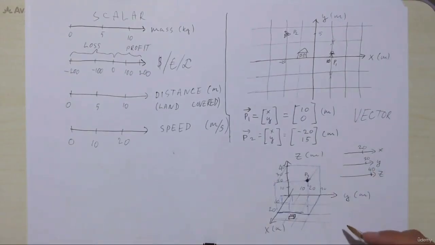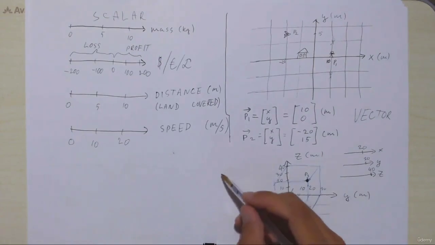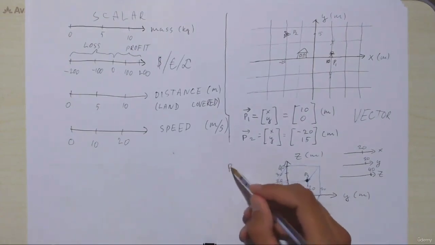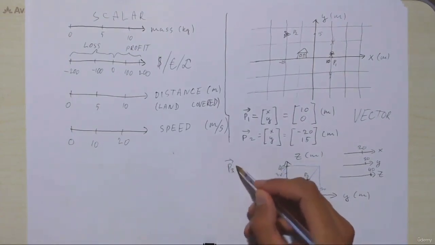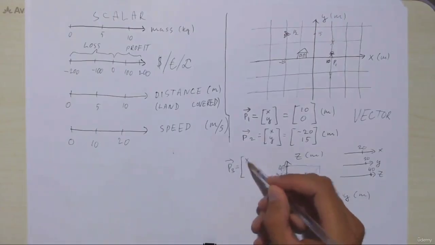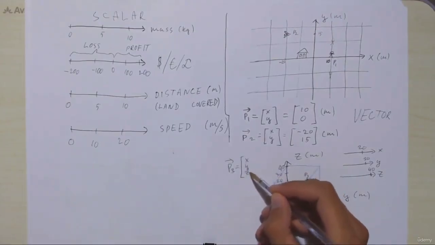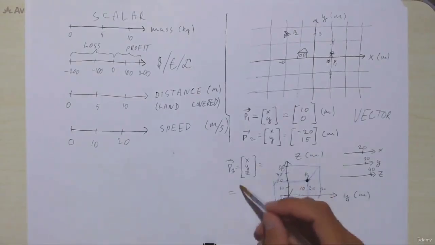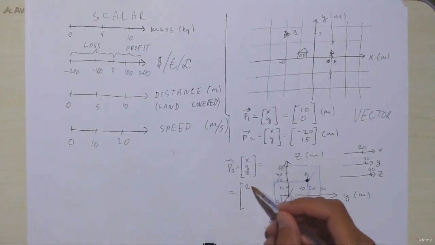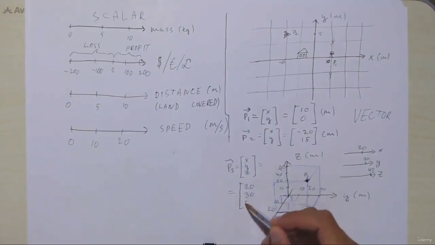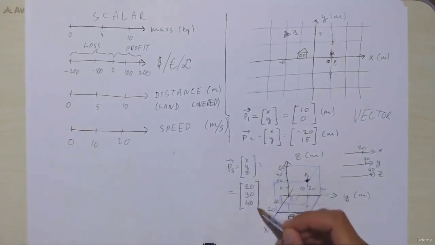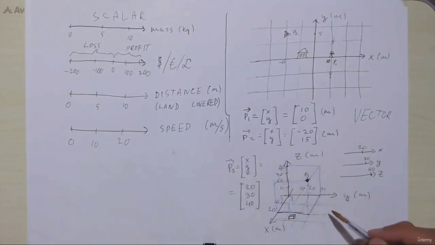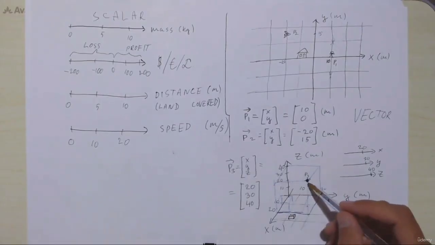And the way you would write it very simply, P3 arrow: X, Y, Z, and it would be then 20, 30, and 40, right? So this is a 3-dimensional vector that represents the position of an object in a 3-dimensional